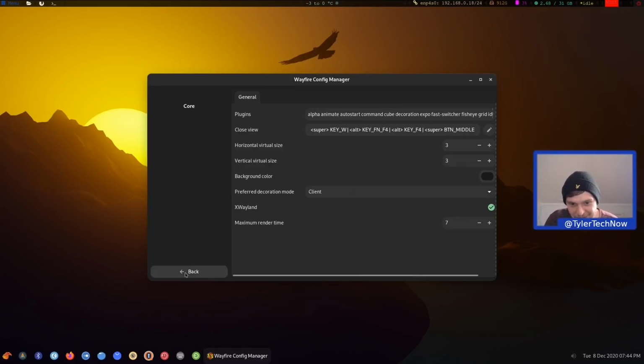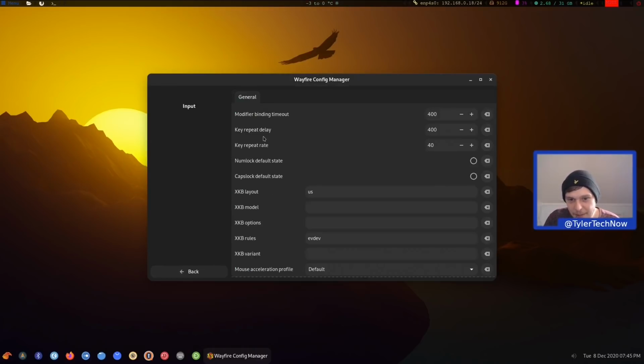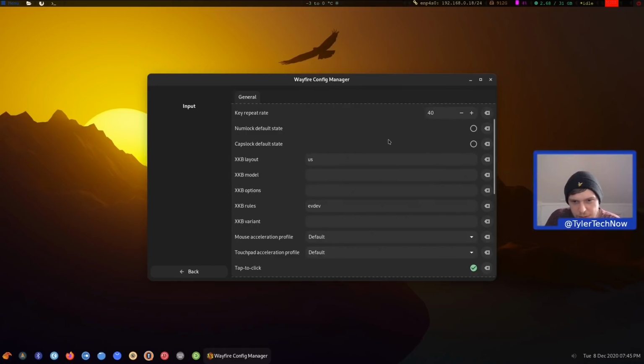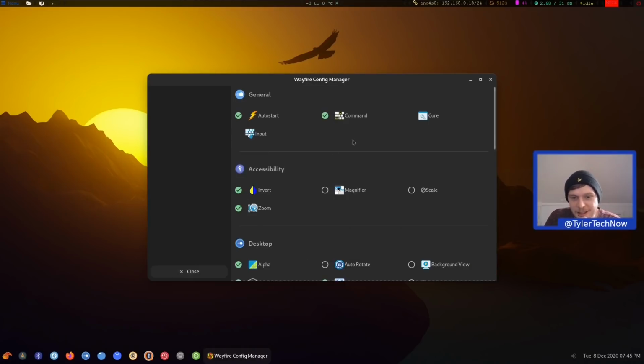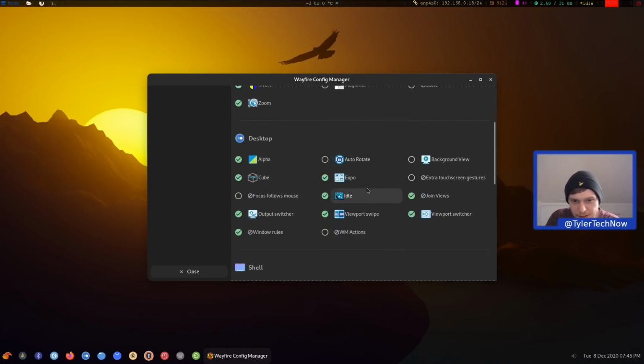So we're just going to go back for now, and then we have input. So in here we can modify binding timeout, change the key repeating delay, and a fair few little things there, as well as the default state of caps lock, which is quite interesting. Okay, let's go back now. In accessibility, we have invert, magnifier, scale, and zoom. I'm not too concerned about the accessibility kind of stuff, so we're going to go straight down to the desktop